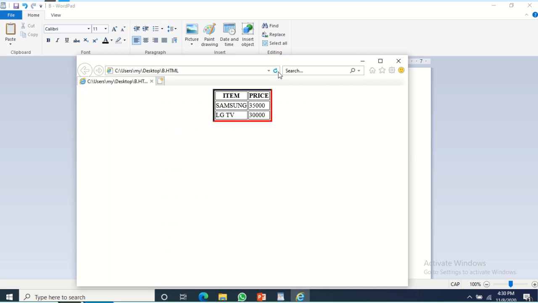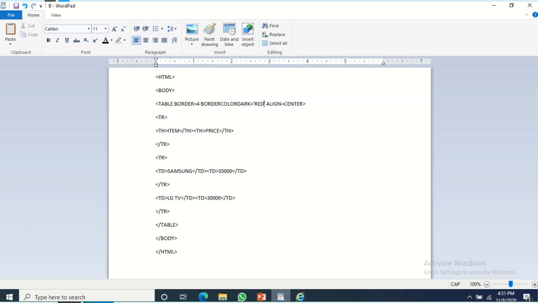Okay, so let's see once again with the two sides also. Border color dark equal to red. Now I'm giving border color light equal to some other color. We want to see if both are working together or not. Let's give it green.